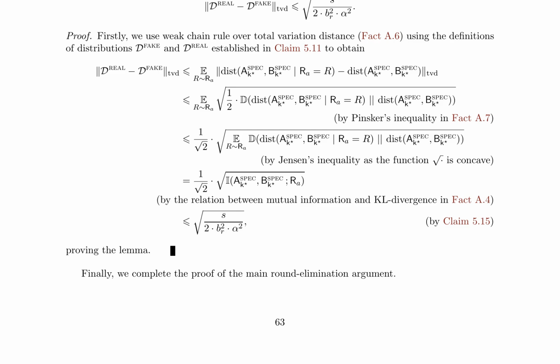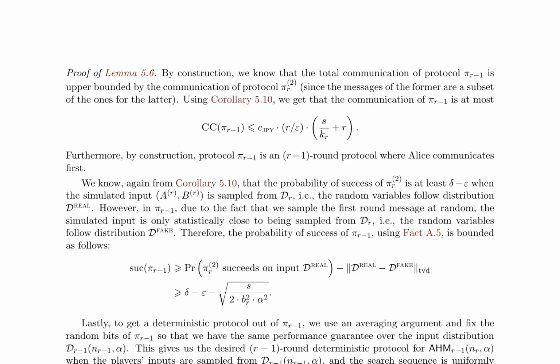The paper presents a round elimination argument for the AHM problem, which reduces the number of rounds in the communication protocol while maintaining the probability of success and controlling the communication cost. This is achieved by using a combination of techniques, including the chain rule for mutual information, Pinsker's inequality, and Jensen's inequality. The authors also establish a connection between the AHM problem and the maximum bipartite matching problem in the dynamic